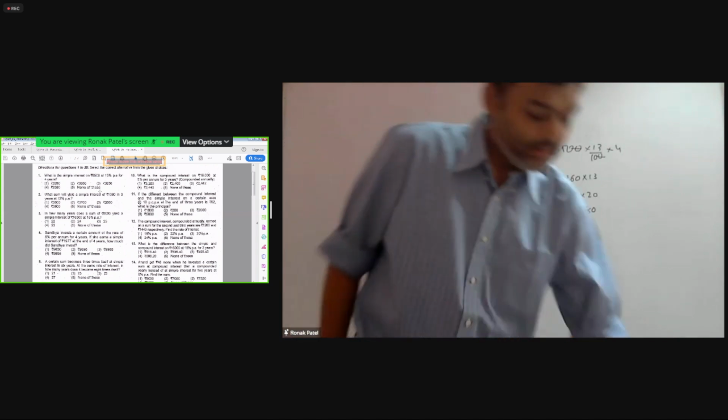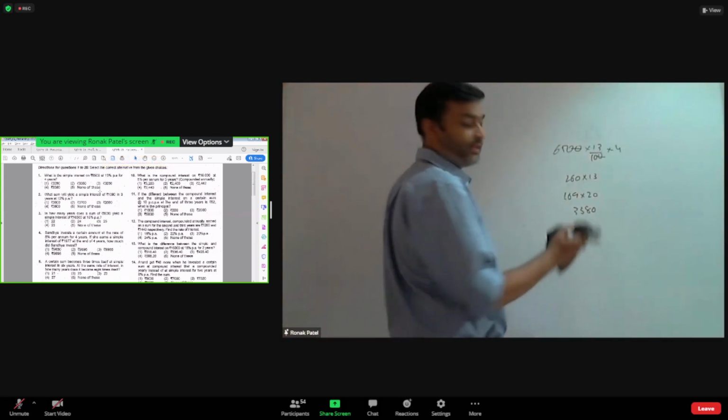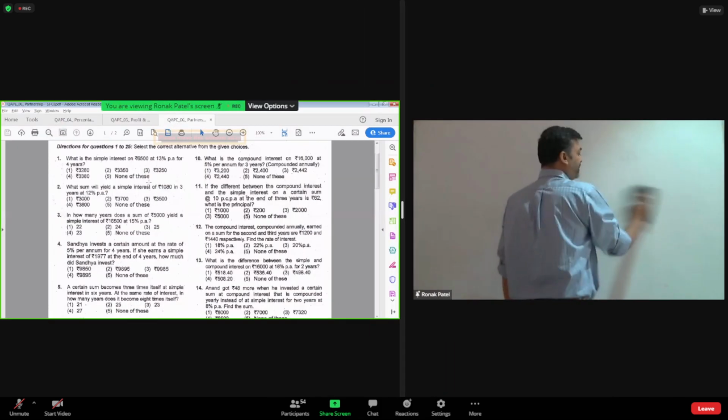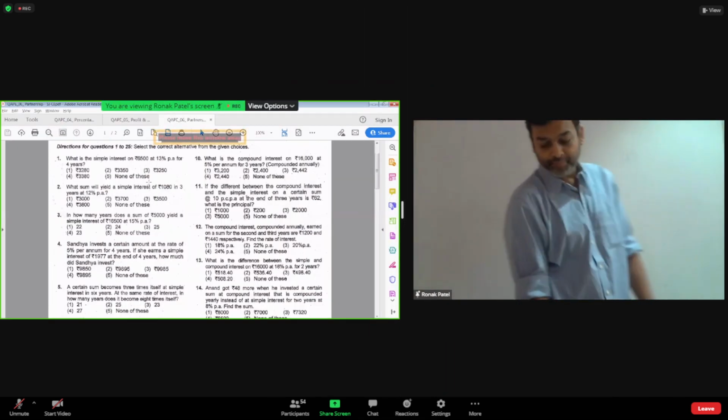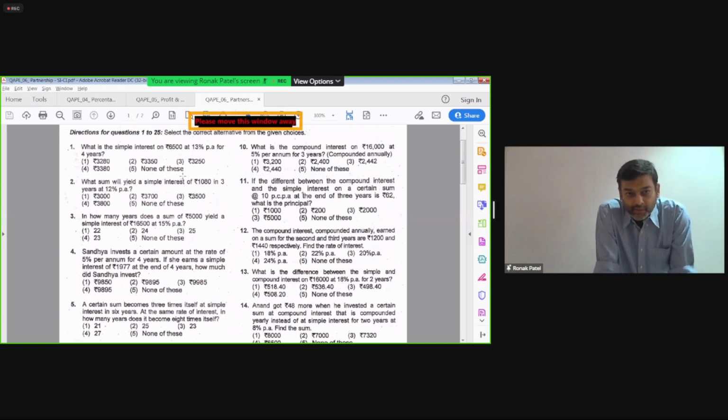Fourth. Okay. So next question, what sum will yield a simple interest of rupees 1080 in 3 years, at 12%? Suppose I want to use a pen, but I thought that I will do it in my mind. So how I like to do this? What sum will yield simple interest of rupees 1080 in 3 years? So what I like to do,